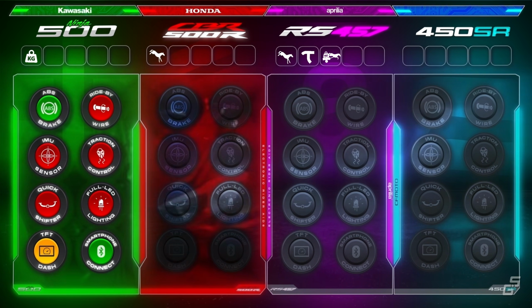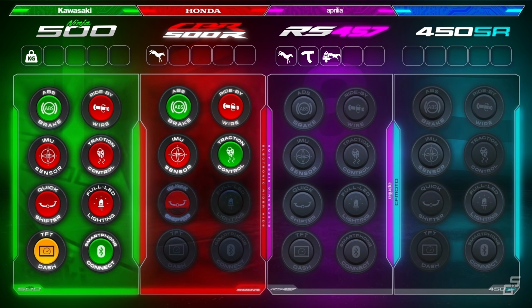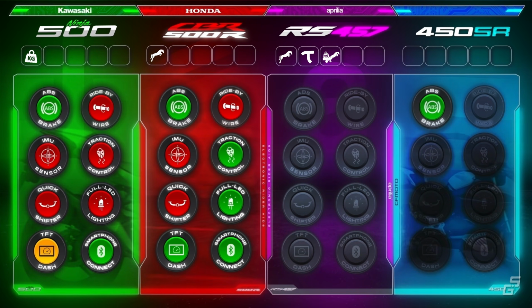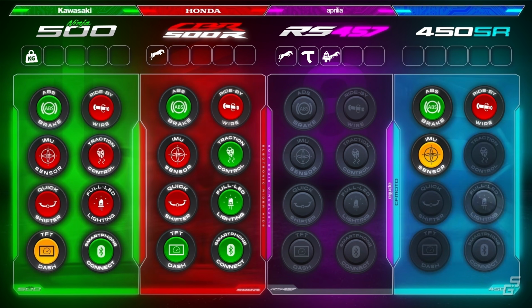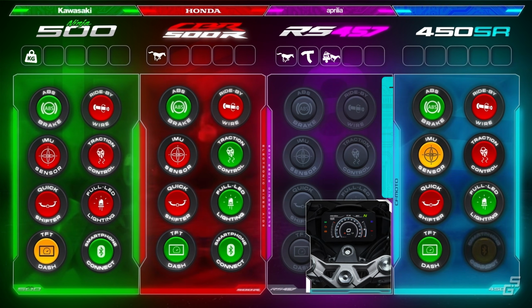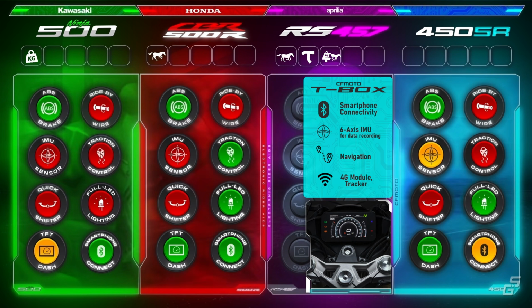As for CBR, it offers a bit more compared to the Ninja, featuring basic traction control that can't be adjusted, all LED lighting, and TFT display as standard. CF Moto ranks third, offering an optional IMU sensor for data recording only, so even with the IMU, it still lacks features such as cornering ABS or lean-sensitive traction control. Additionally, if you opt for the T-Box package, in addition to the IMU, you gain smartphone connectivity, navigation, and a